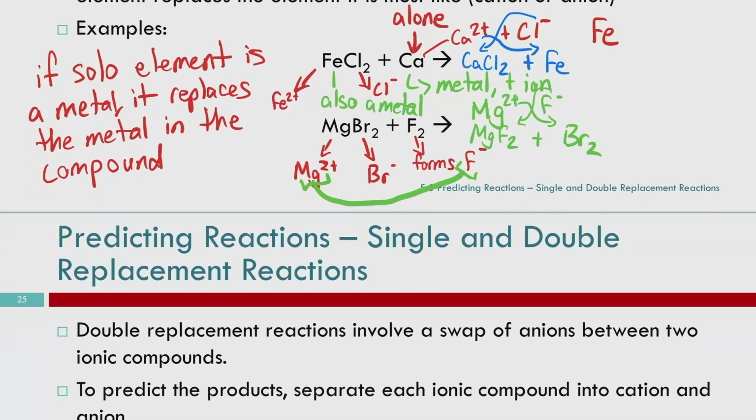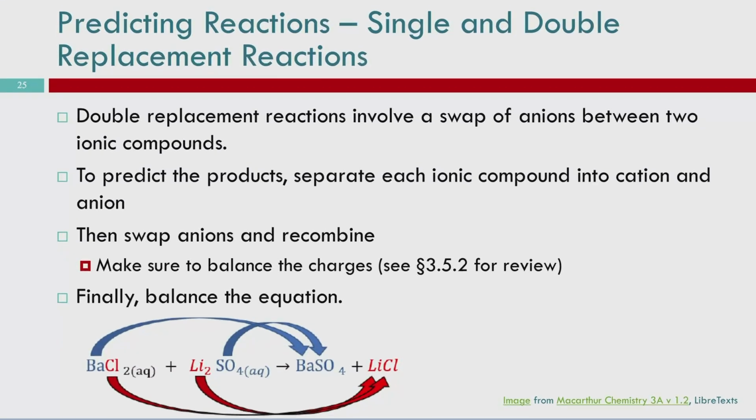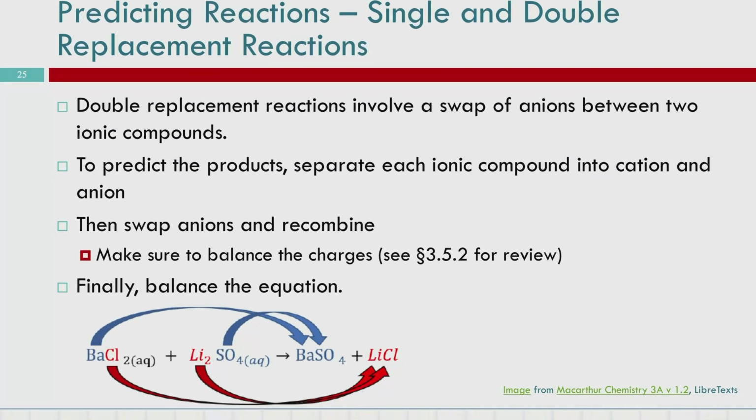All right, the other scenario that we can have for swaps is double replacement or double displacement reactions. You can swap either the cations, the positively charged metals, or the anions, the negatively charged nonmetals. In the slides, I'm showing it as a swap of anions. It could be an oxyanion as well. So to predict our products,